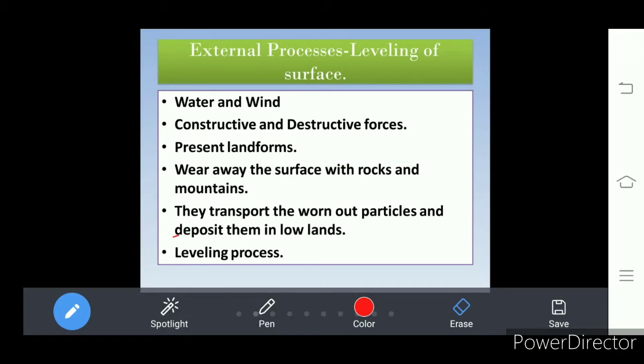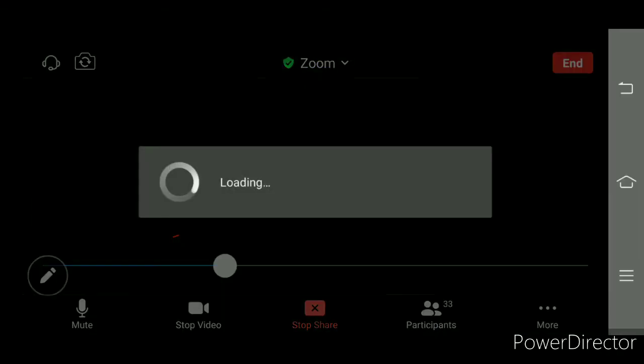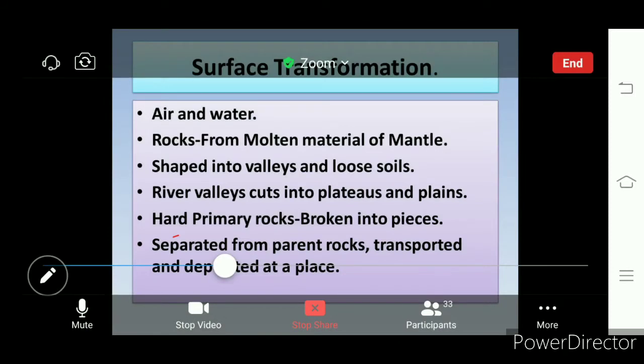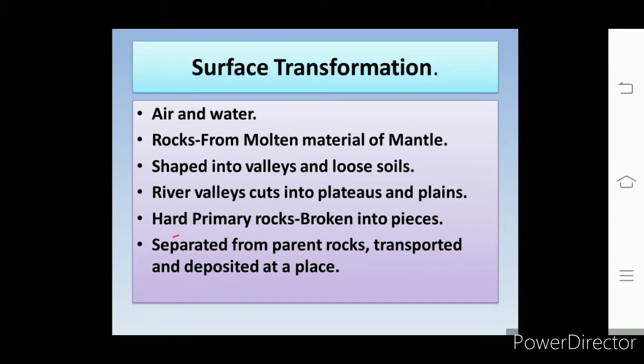So let us see what is weathering, what is erosion, transportation, and deposition. Okay, and how the surface is transformed here. Okay, so your air and water. Air means wind, and water, these are the natural agents we just called, and also called